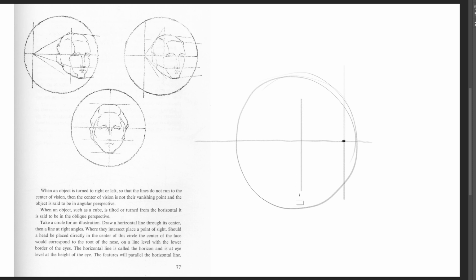Then find the forwardmost corner and begin drawing the closest plane to us. These will converge on the horizon line. Then drawing the face or the skull shape. In this case, I'm going to draw it in a circular way. We would then look for those crosshairs